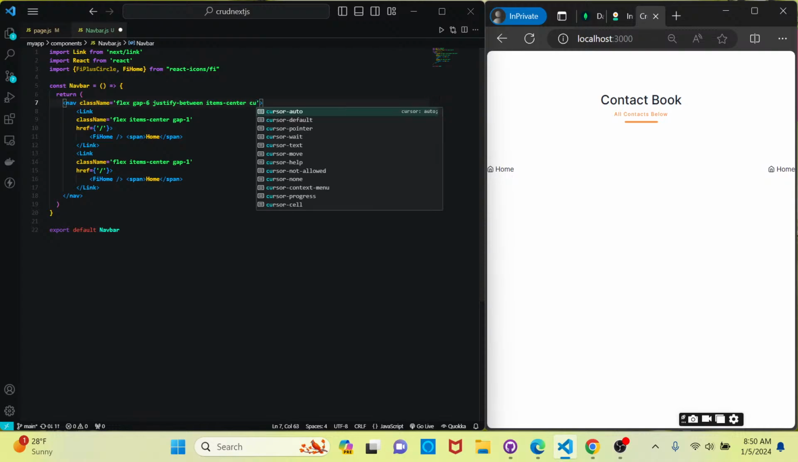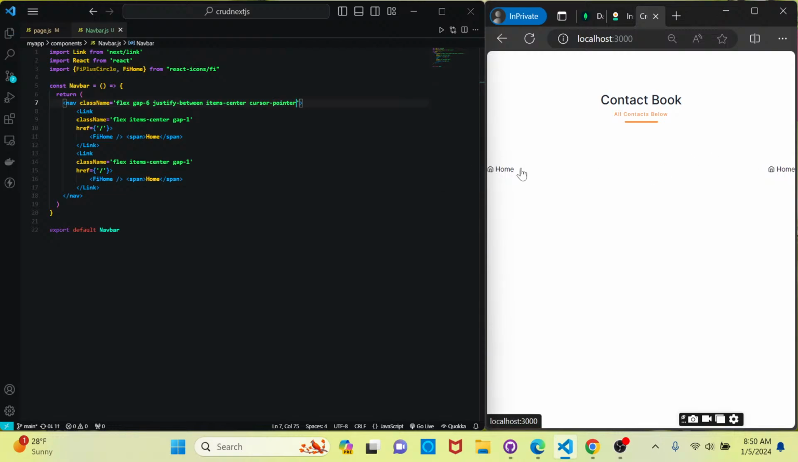And let's go cursor pointer right here. That way, there we go. All right. And let's change this icon to a plus circle. And save. And we see we have it updated. And let's change this from home to create. And last but not least, we'll update the href to be /create, and we need to create the